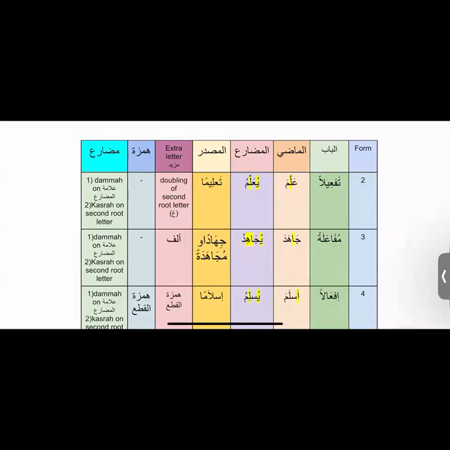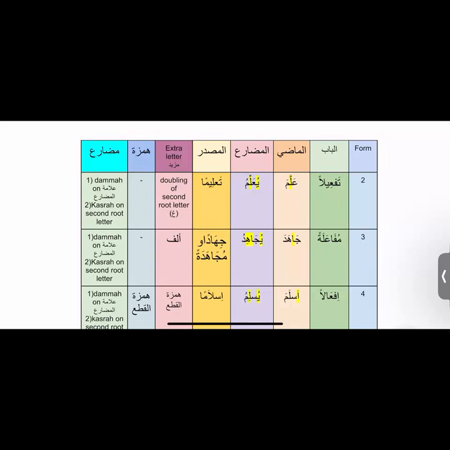When it comes to if'alan, bab number 4, babi if'al, how many letters more? One letter more. And where is this letter? There is one letter. And what is the letter? Before Faul Kalima, what do we see? It is Hamzatul Qata, right? Hamzatul Qata before the Faul Kalima is my Mazid letter, right? So keep that in mind, okay? So Hamzatul Qata. Then I have put it down for you so that you all know what was Mazid, where do I have to look for, and what is special, right?